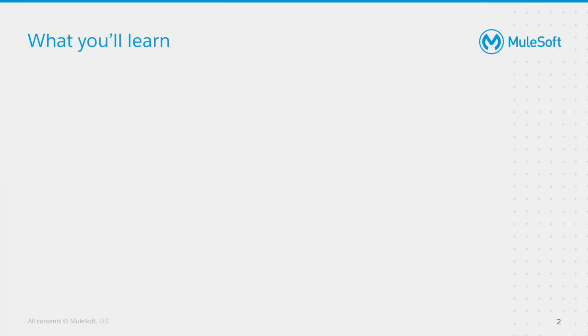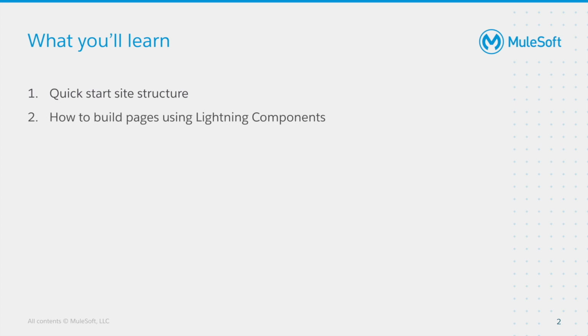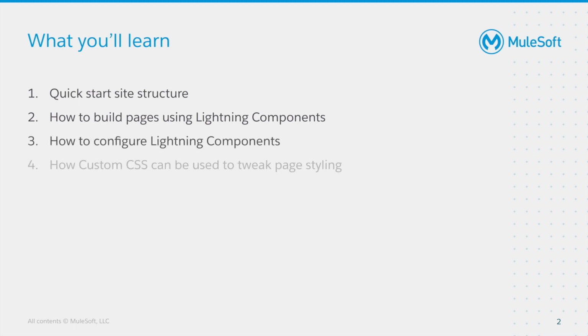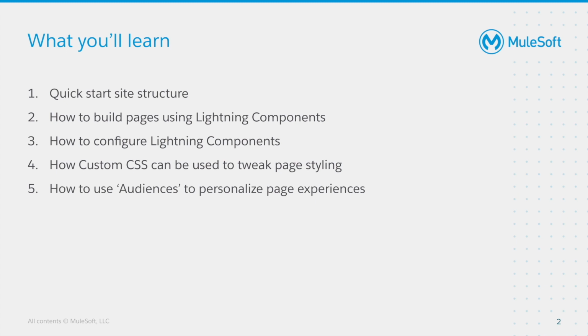So what concepts will we learn in this three-part demonstration? Well, I'll guide you through how to get set up with a quick start site structure. We'll look at how we use Lightning components to build our pages. We'll look at how to configure those Lightning components. We'll also look at how custom CSS can be used to tweak the styling of your site. And finally, we'll cover how audiences can be used to create personalized experiences for different community visitors. Concept 4 will only be covered in parts 1 and 2, and Concept 5 will be covered in part 3